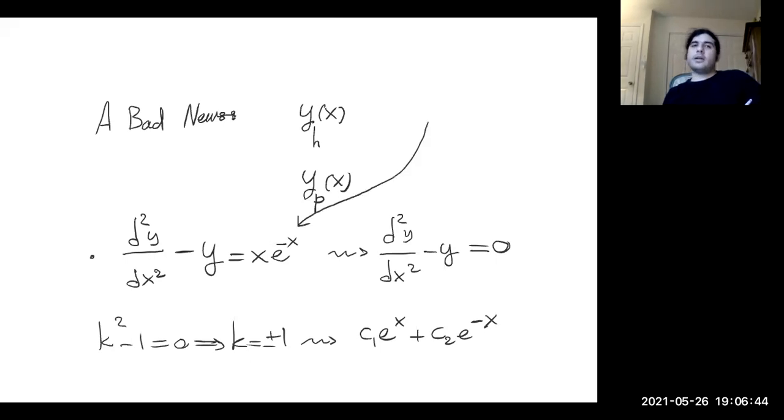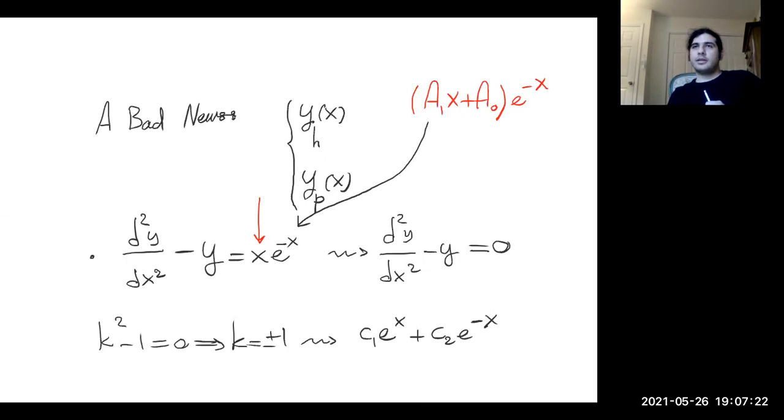Now I want to find the particular solution, right? The second step is to find the particular solution. So how should I do that? Now I'm looking for a particular solution. This is of the form a polynomial times e to the minus x, right? So the solution should be some first order polynomial times e to the minus x. First order means a1x plus a naught,